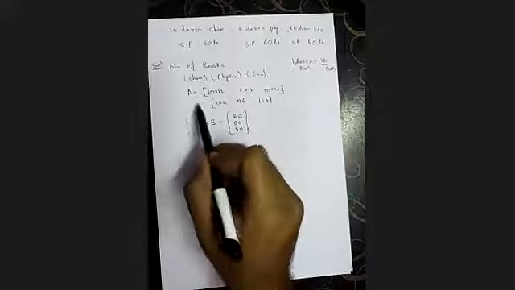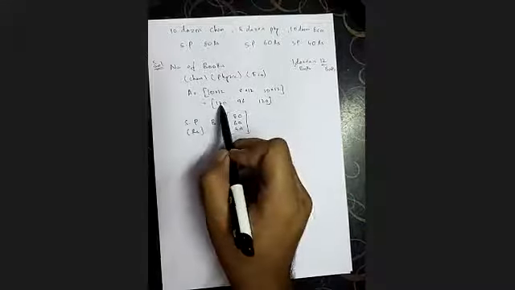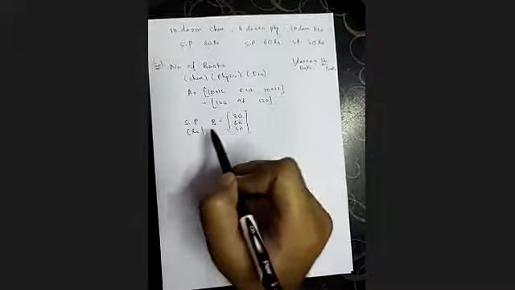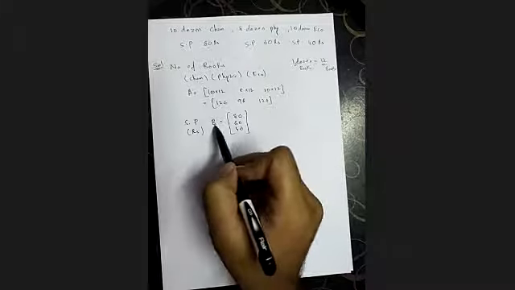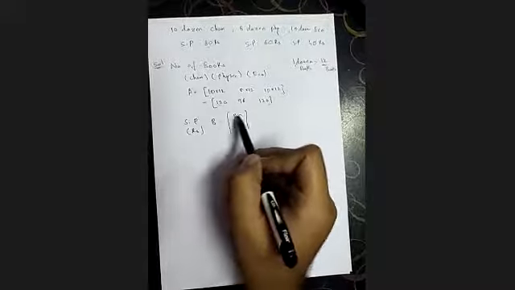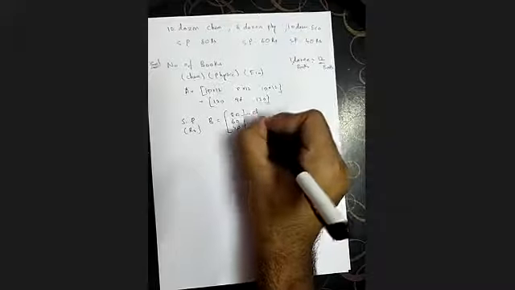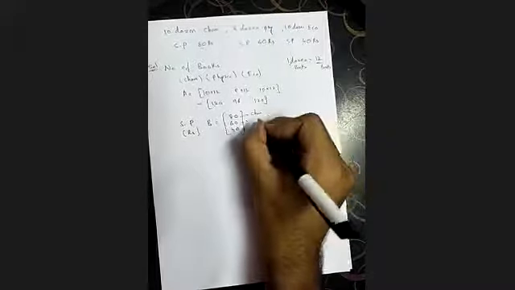So A is equal to 120, 96 and 120. Then selling price in rupees, let's say B. B is equal to 80, 60 and 40. 80 is for chemistry, 60 is for physics and 40 is for economics. Got it? So the total value of the books in the shop will be